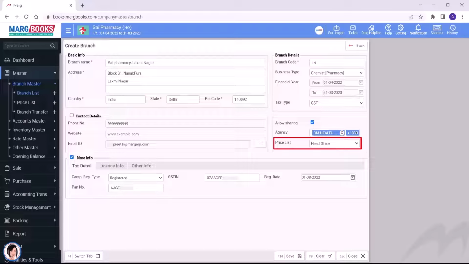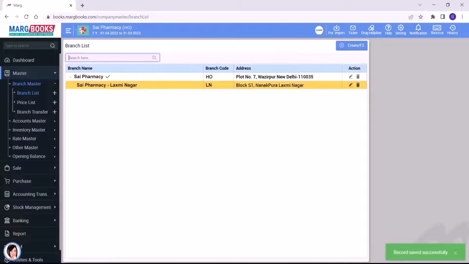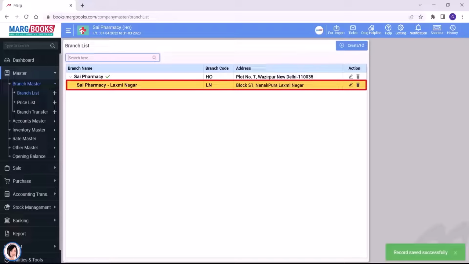And further, we will discuss how to create a price list in detail. So in this way, once you have filled the necessary details, you will click on the Save button here. And now you can see that your branch has been created under your main company. With this branch,